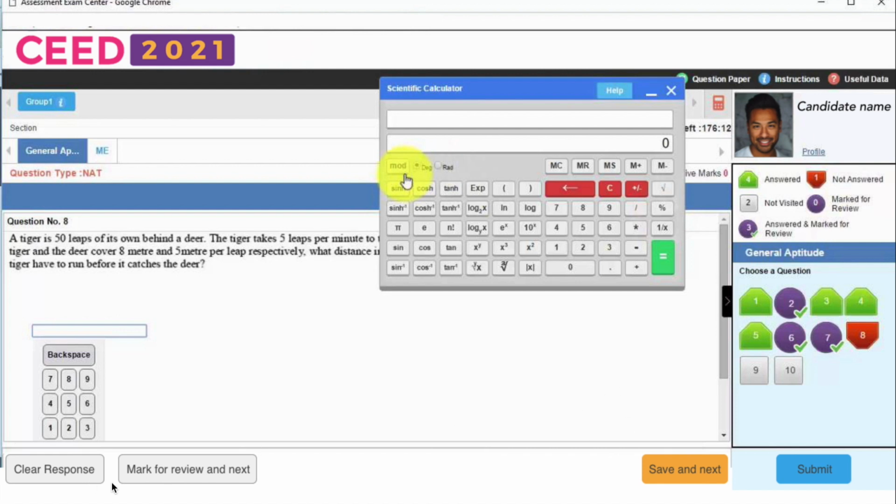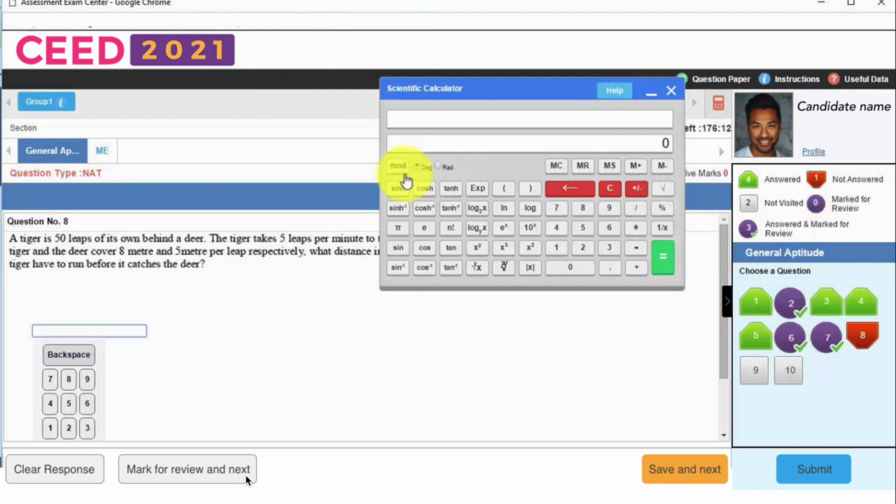Now the mark for review is an interesting phenomenon you will be able to see here. This part of the interface allows you to come back to a question which you have earlier not been able to solve. Sometimes you are able to solve it later, or sometimes you will simply mark it for review because this particular section has been easy enough and you are almost near the solution but have not been there. Honestly speaking, I never use mark for review.